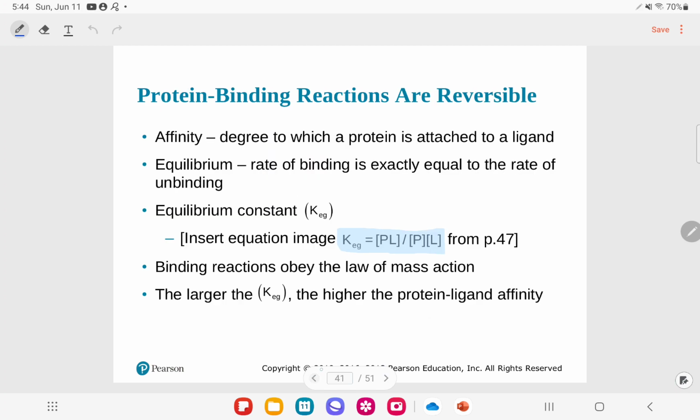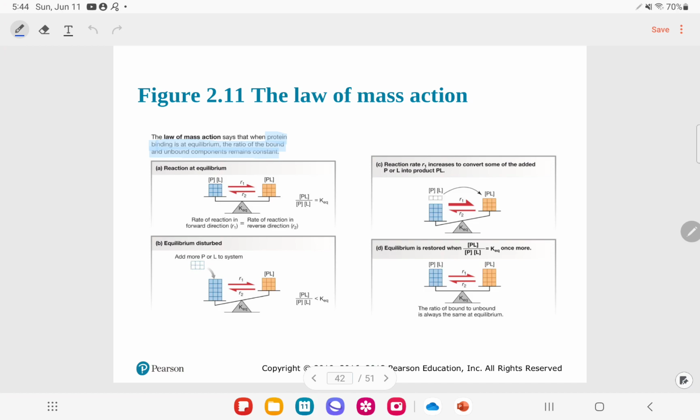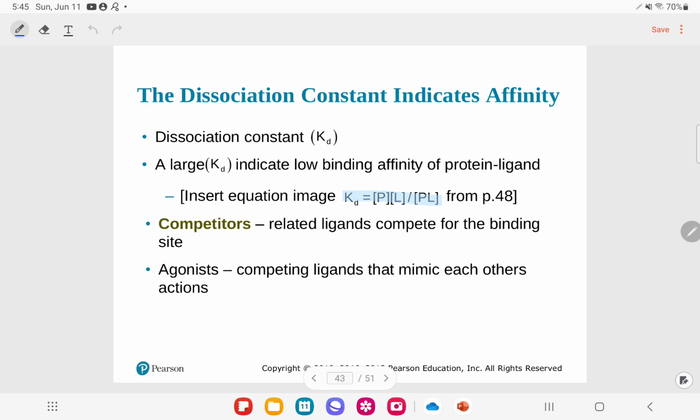And so we also want to mention that binding reactions are going to obey the law of mass action, okay? The law of mass action says that when protein binding is at equilibrium, the rate of binding is equal to the rate of unbinding. The ratio of the bound and unbound components remains constant, okay? So we don't have more binding or more unbinding. They are at equilibrium. Now the dissociation constant,